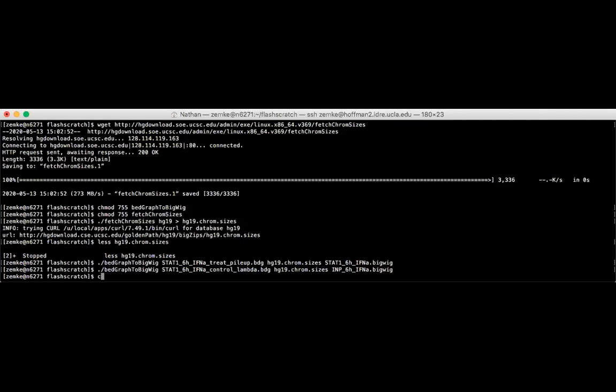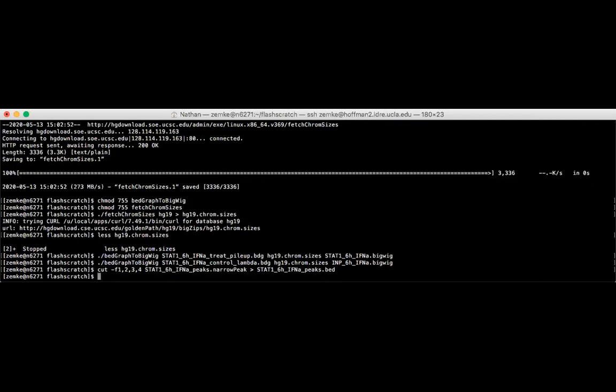Just cut -f1,2,3,4 STAT1_6hour_IFNA_peaks.narrowPeak and output it to STAT1_6hour_IFNA_peaks.bed. Okay, and that's it. So now if we were to look at this file using the less command, this is what